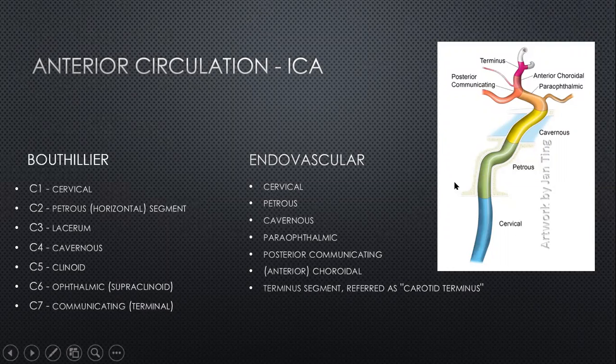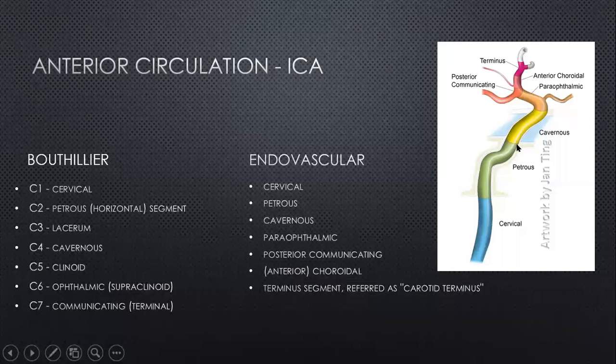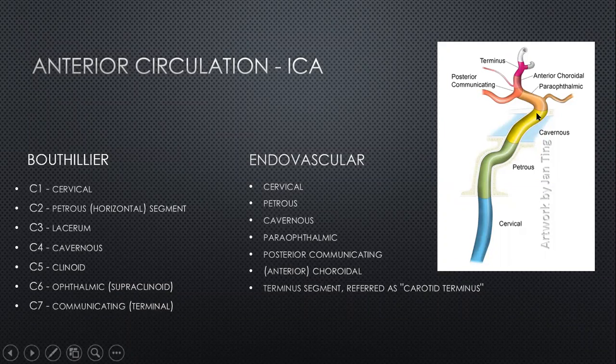A segment called the lateral segment is just between the petrous and cavernous, which we don't necessarily see on imaging. Subsequently the cavernous, of course, and then the artery curves back on itself, what we call the carotid siphon. And this is where you find the first branch, which is the ophthalmic artery.